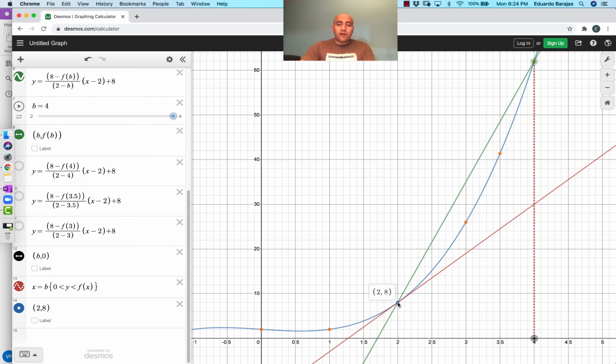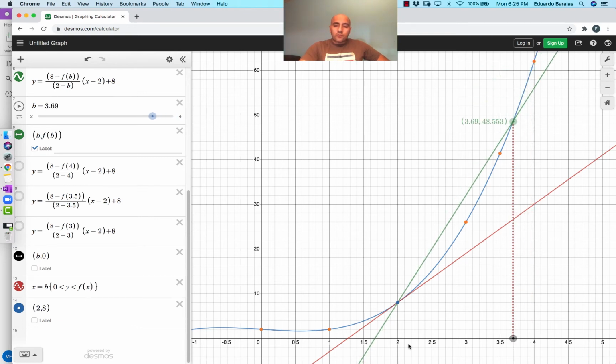It's a line that touches our curvature at exactly the point we're interested in, the point (2, 8) in this little example, and whose slope gives us information about how this function is moving, where it is heading next. So we want that slope to be approximated by the slope of these other secant lines. I started by letting a second point be relatively close, this point, (4, 62). We can find the slope of that line, and then as this x equals 4 gets closer and closer to my target point of 2, closer and closer,